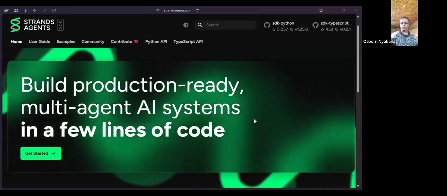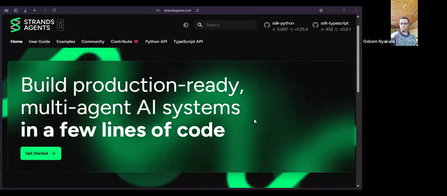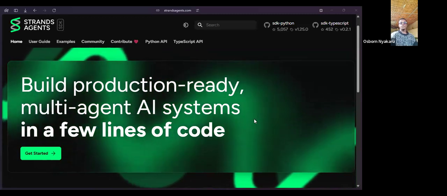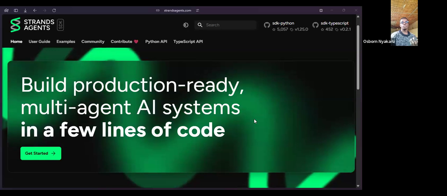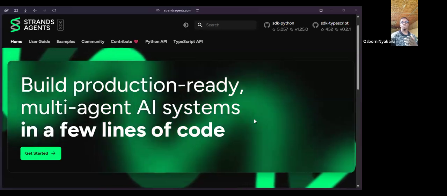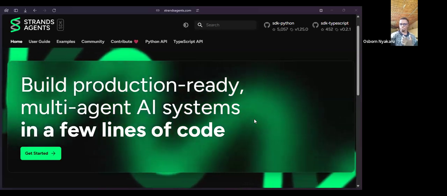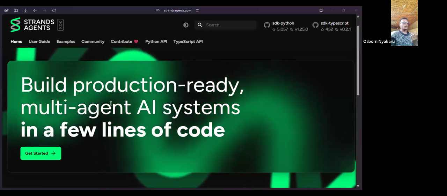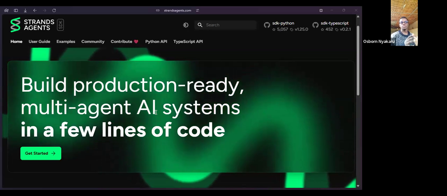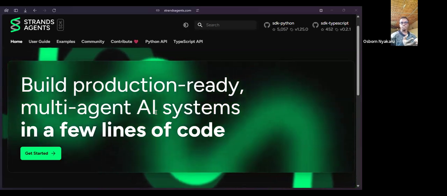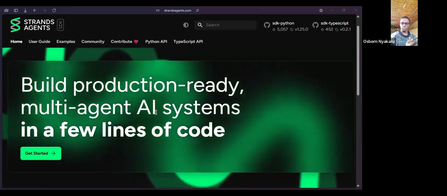A new generation of agentic framework. But first, for people who might not be quite familiar, you'd want to understand what an agent is. An agent is basically, in very simple terms, a piece of code.